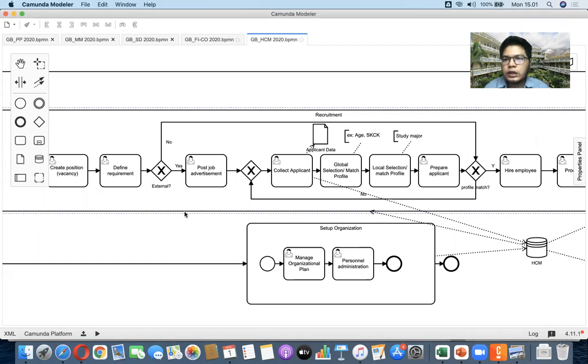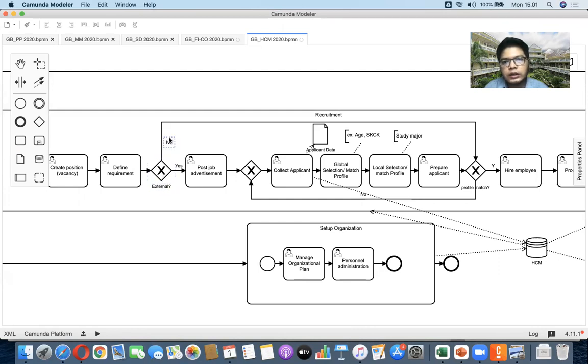What if it's not external? What do you mean by not external? It means from internal, from other branches. They are already employees, but perhaps this is a higher position, so it is also open for internal employees. If there is no internal employee, and we don't have any other available resource, then we can open to external, which means we accept people from outside of our company.